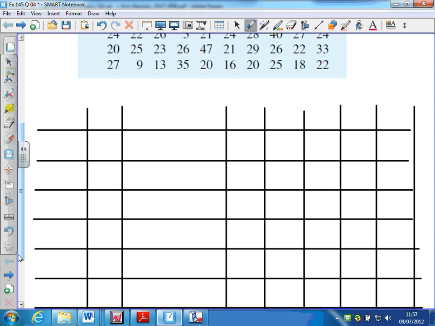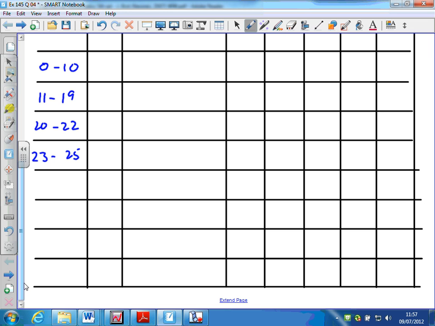And I've chosen to go from 0 to 10, from 11 to 19, 20 to 22, 23 to 25, 26 to 28, 29 to 31, 32 to 40, and 41 to 50. We're talking about whole numbers here, so I just need to make sure, for example, that